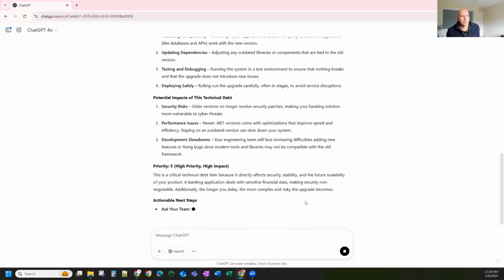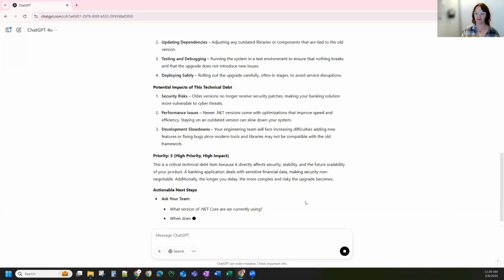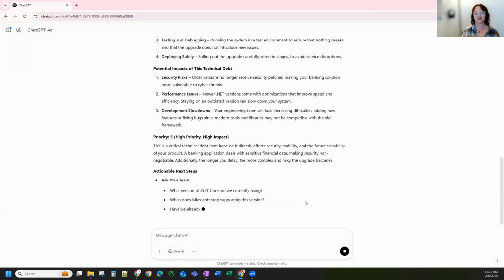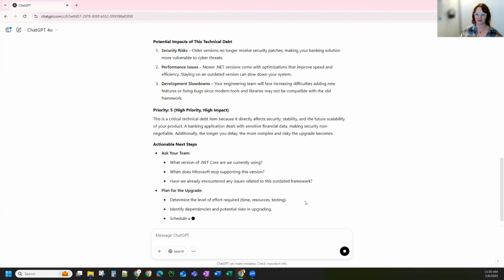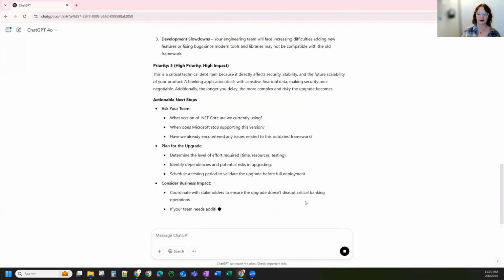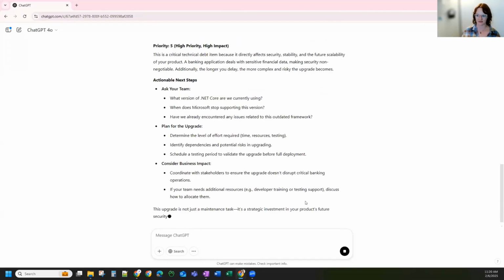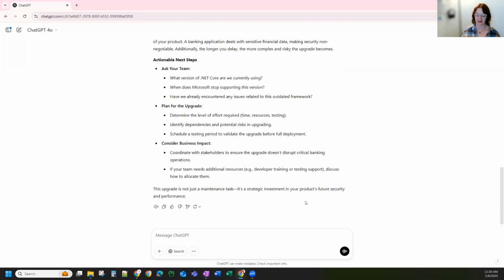the priority, and an explanation as to why it gave that priority, and then actionable next steps, specifically calling out questions you can ask your team in those actionable next steps. That way you can facilitate the conversation. This is not meant by any means to replace conversations with your development team on technical debt items, but this can allow you to come into the conversation more informed with questions already loaded to be able to have a